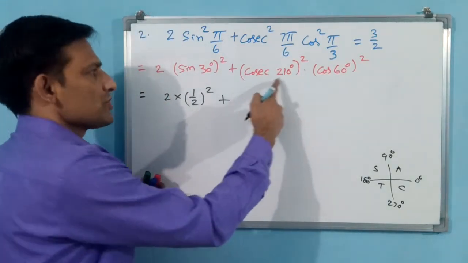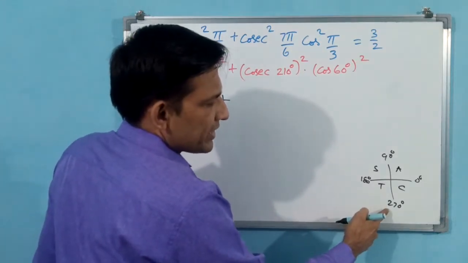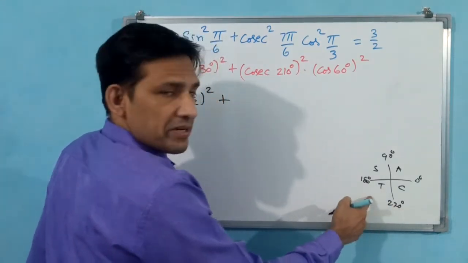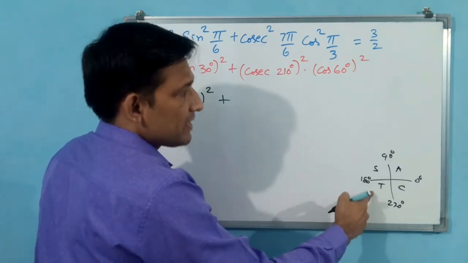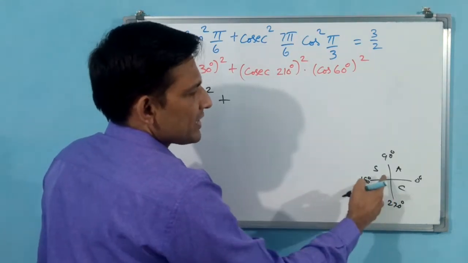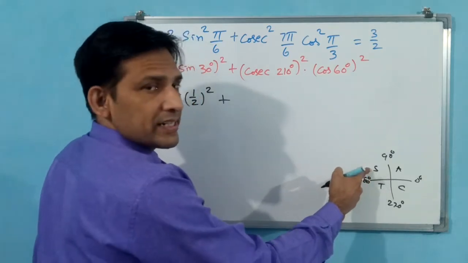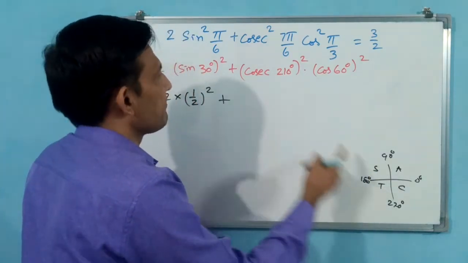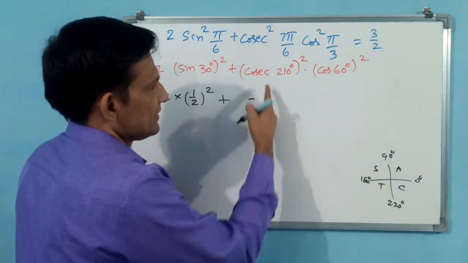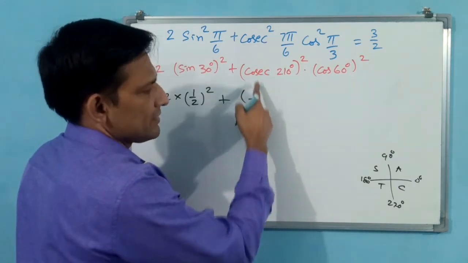You see, cosecant 210, 210 means this is less than 270. Here it is coming, 180 to 270. Here cosecant has to come; sin and cosecant have to come in the other quadrant, but rather than there it has come here. Then what will it make? It will make minus. You put minus, okay, in bracket minus.